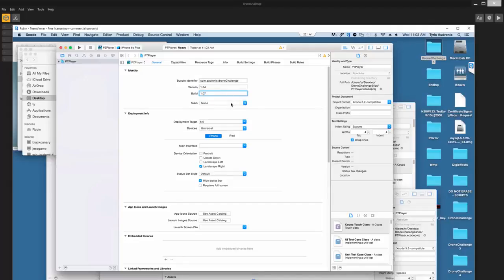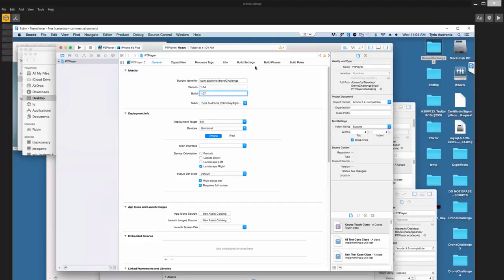After you have your certificate set up, you need to either add an account, which is your iTunes account that has the developer certificate associated with it, or just select it if you've already done this before. So I'm selecting that, and then you absolutely have to set up require full screen. If you don't, you're going to get a bunch of errors when you go to upload it to the iTunes store. And it's going to break your heart because you're going to be pulling your hair out just trying to compile this code to get it uploaded. And then you're excited once it compiles, and then once it uploads, you're going to get a bunch of errors